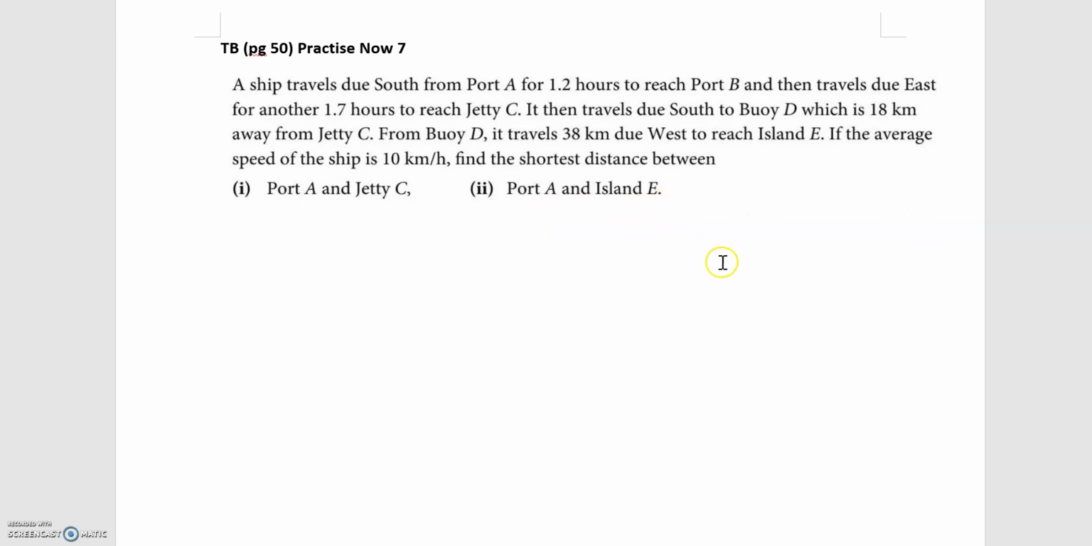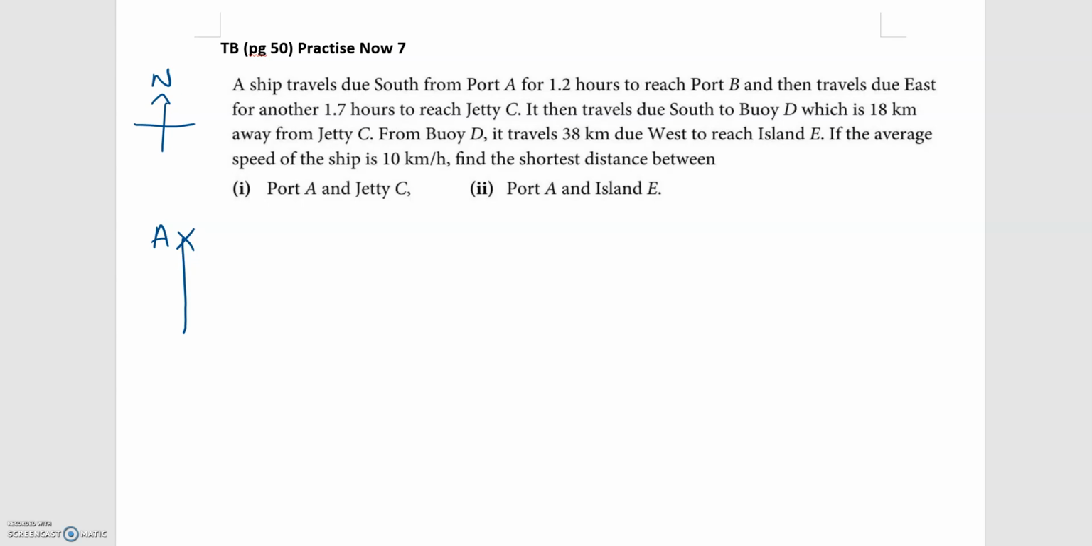For this question, there are no diagrams given to help us, so it would be better if we can draw our own diagram to illustrate and to help us visualize the information that has been given. So I will draw a sketch first. Let me have port A. So the ship travels due south from port A. So I will be using my north, south, east, west. Okay, so due south